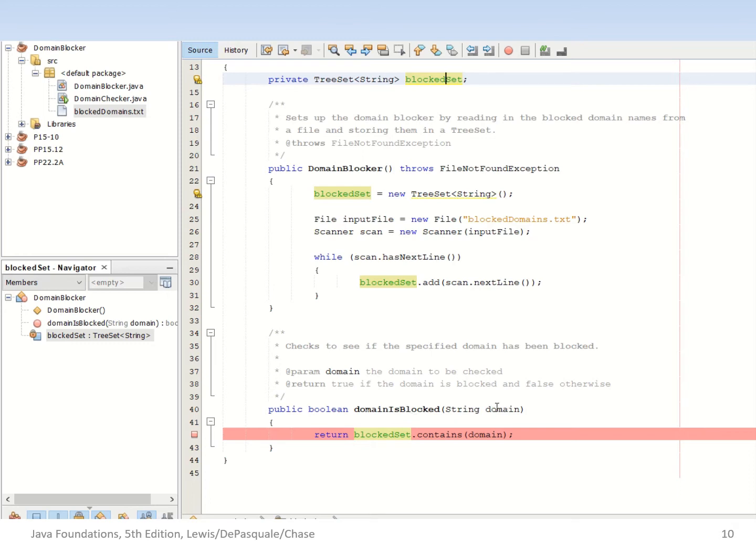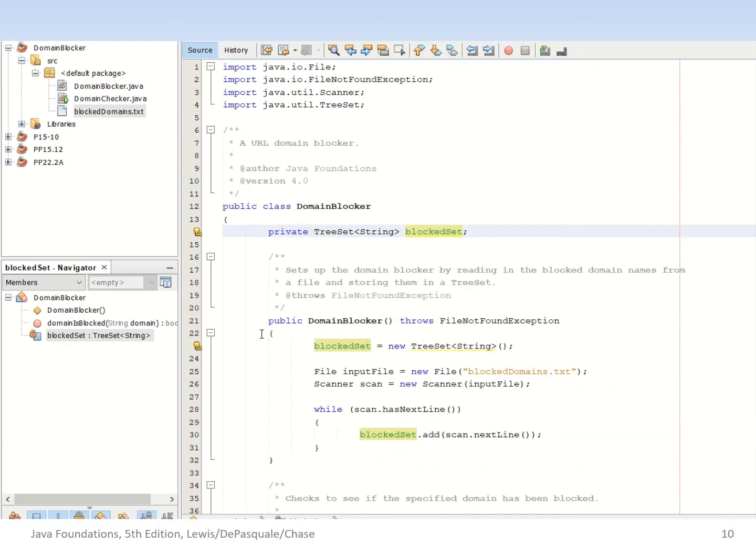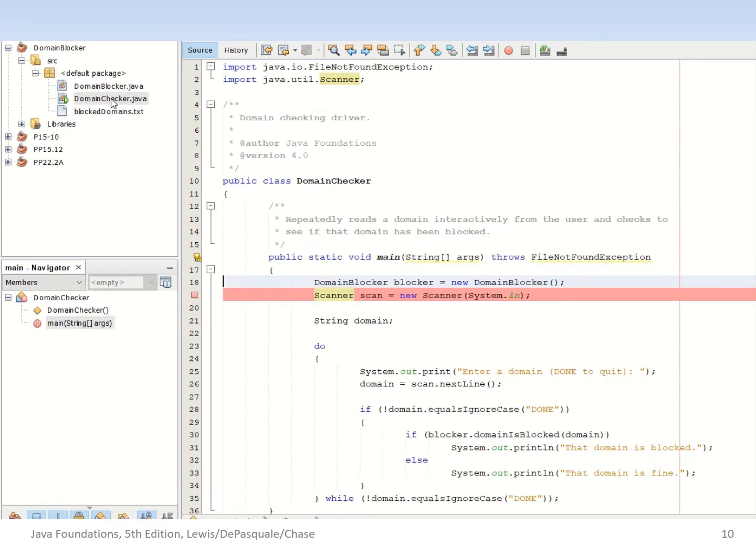Domain is blocked, and we pass the domain name as a string, and it calls contains, and it either finds it or it doesn't. Pretty straightforward, not a very complex program. Let me see what we're looking at here. Domain blocker, domain checker has the main in it,